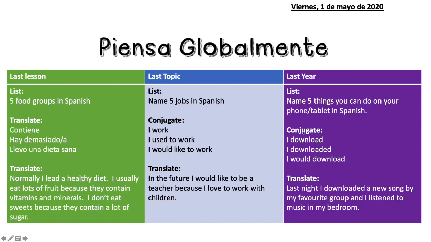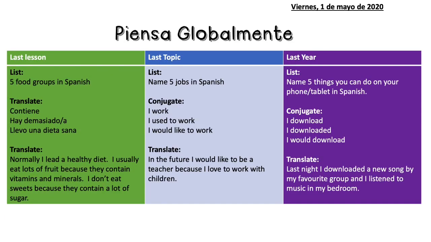Yeah? Then put these 3 verbs in Spanish. So how do you say I download? The infinitive is descargar, in case you have forgotten that. It's an ar verb. So how do you say that in the past tense? And then again, conditional tense. And you can translate this one. Yeah? Please do not use Google Translate. Let's see if we can manage to do it properly. Now, pause the video, do the activity, and then mark that in red con un boli rojo.